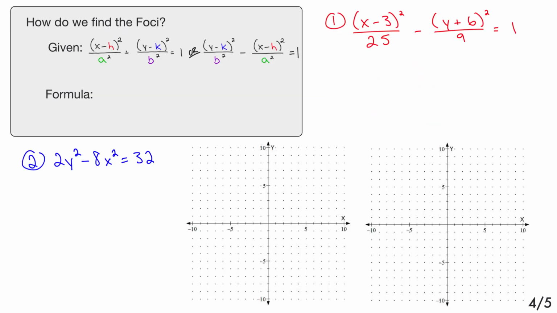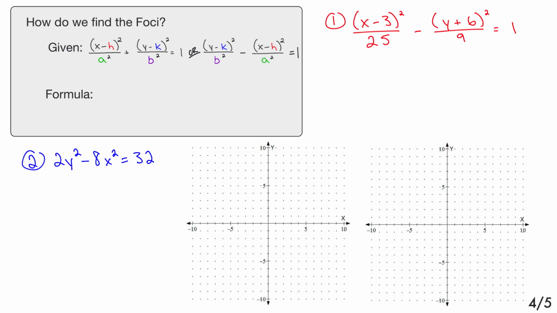All right, so I've got my two equations. Now we need to derive a formula for finding the focal length. Well, one of the nice things, as you might have noticed from that GIF we saw earlier, is that we're generating a lot of triangles, and triangles remind us of the Pythagorean theorem. And in fact,